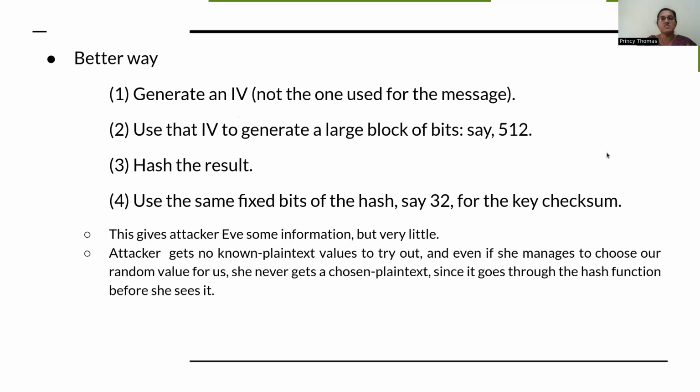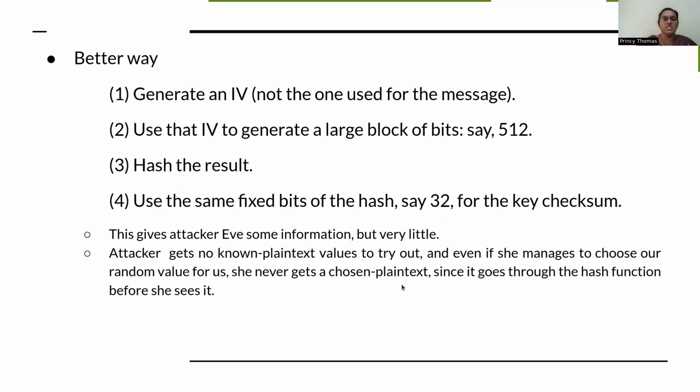So each time, if this value is different, people will not be able to cause an attack on this. Now, this gives an attacker, Eve, very little information about the actual key. And here, a known plaintext attack is not really possible, and a chosen plaintext attack is also not possible,